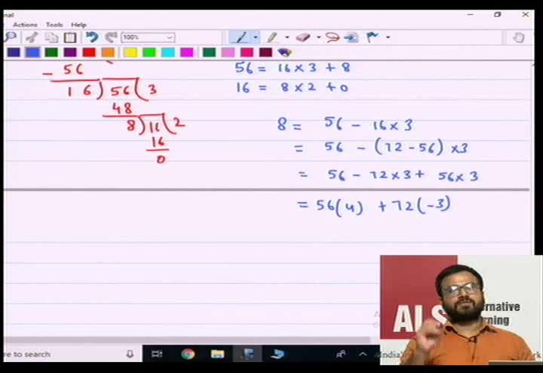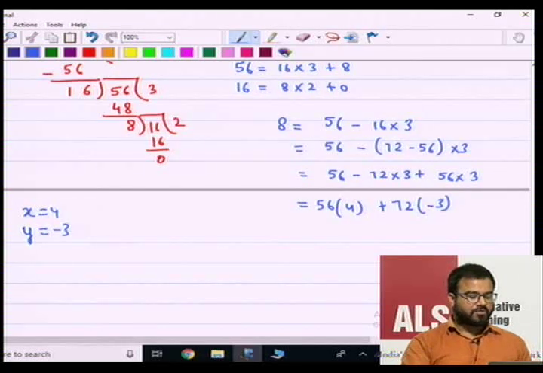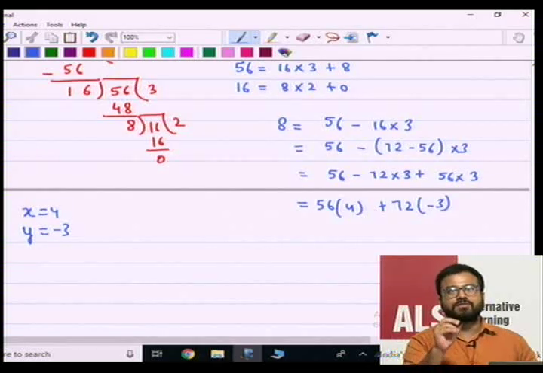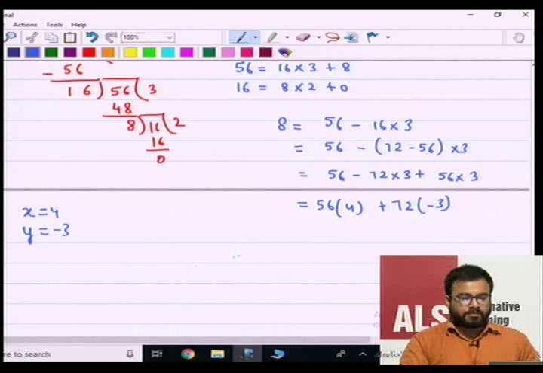Now, one of the solutions for x and y is that x is equal to 4 and y is equal to minus 3. Now, we have to figure out, is there any other way also in which this 8 can be written as a linear combination of 56 and 72? So, the answer is yes, we can write. And how can we write it? The step is, after writing this like